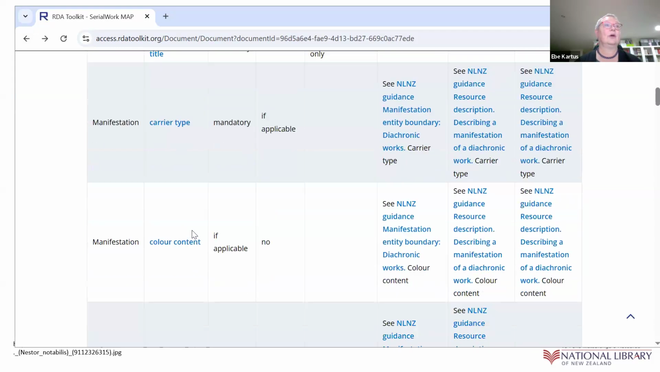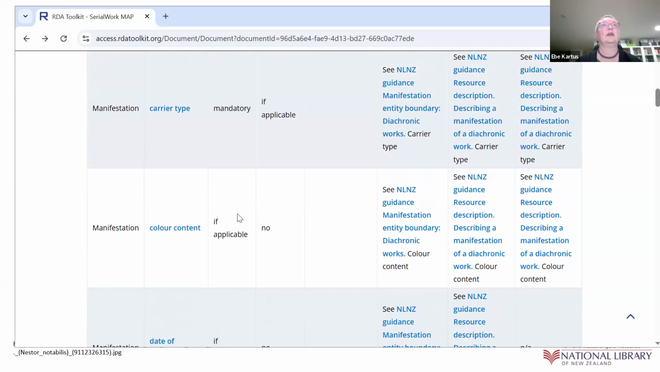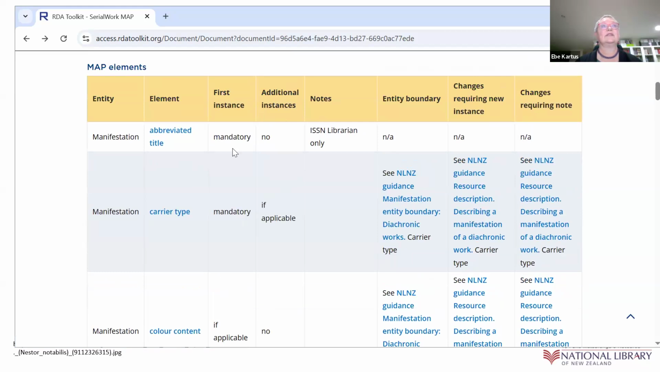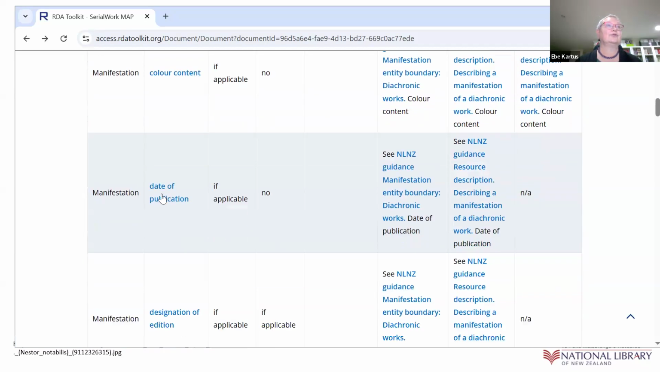So if I then go down, I'm going to do a date of publication. So I've checked my entity boundaries, I've checked that. If I needed to do, that's all fine. I'm told to add it if applicable, or if I need to put in an additional instance. Anything that is mandatory, I'm told that as well. So if I go to date of publication,